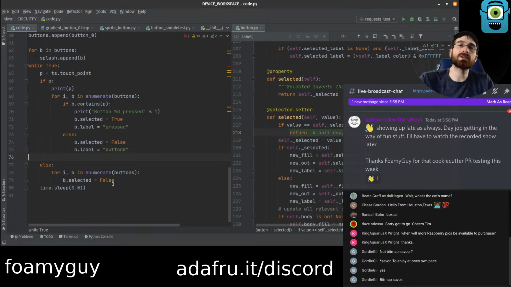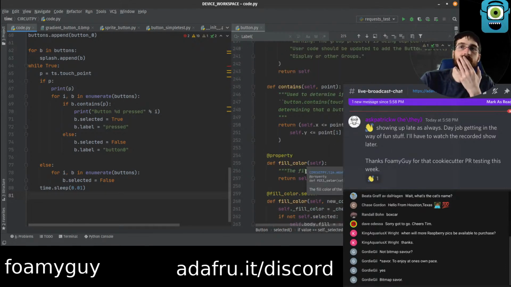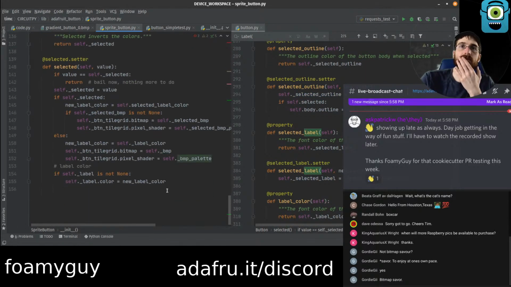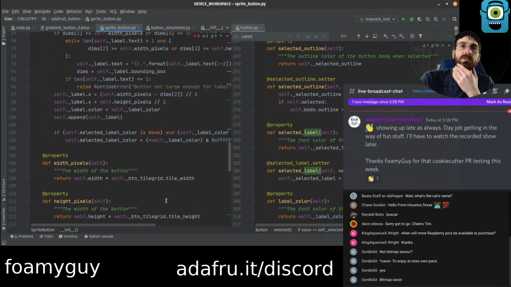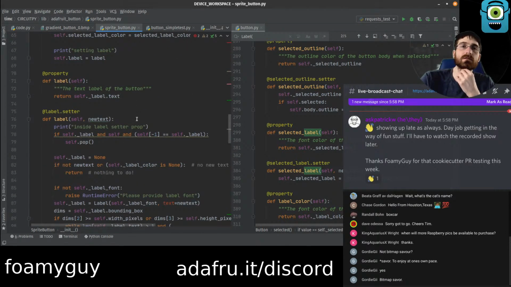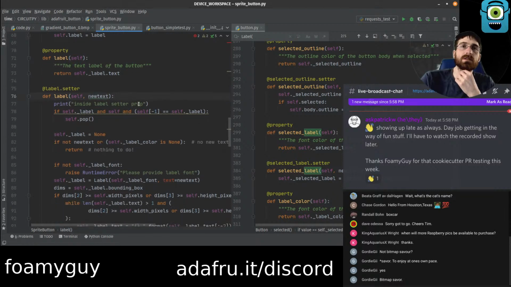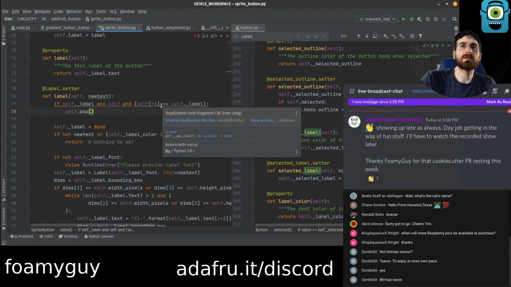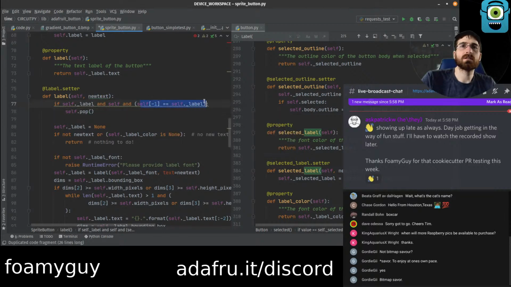Oh, no, we have this already. You change the label? Does it break the color? We don't need this really. If underscore label and self and, oh.